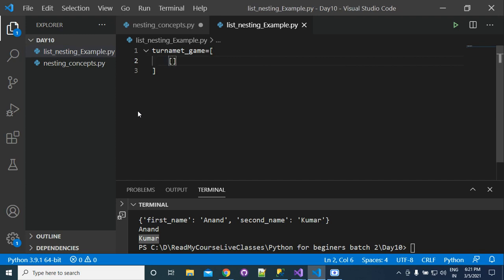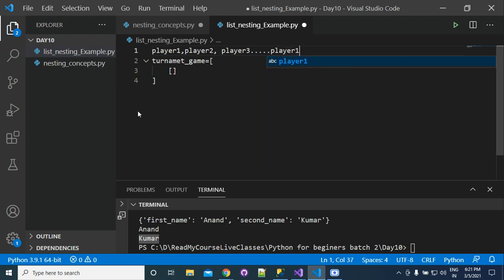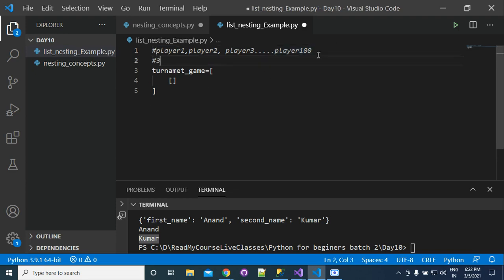Suppose that this tournament game has occurred 10 times, and for every time we have some winner list. Suppose that we have players like player 1, player 2, player 3, up to player 100. So we have 100 players in this game, and this game is tournament based.